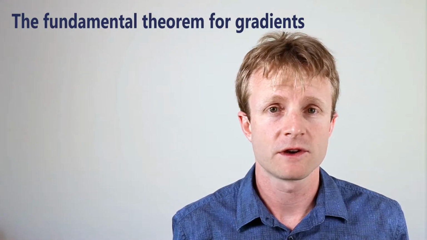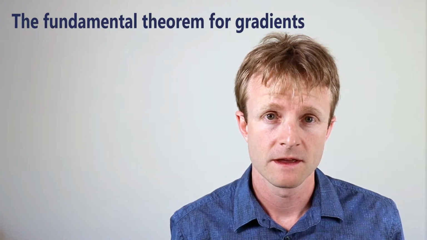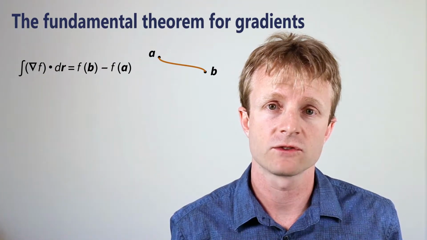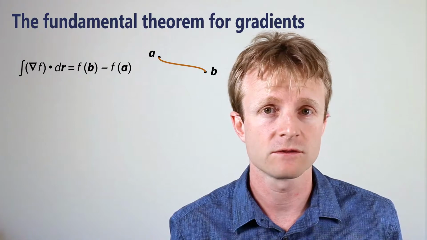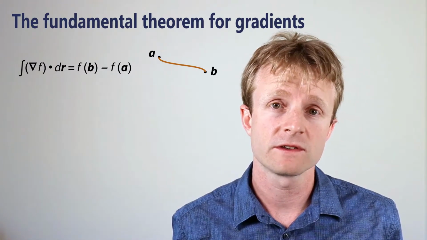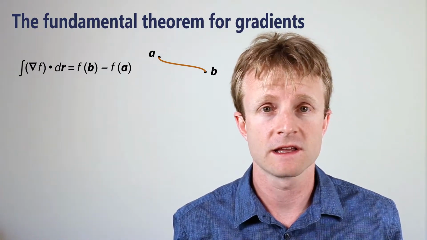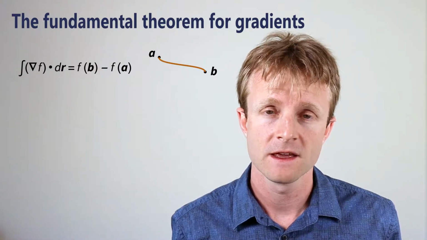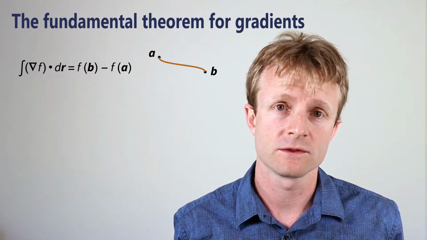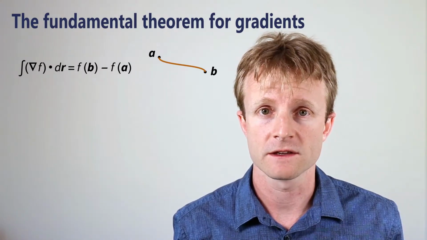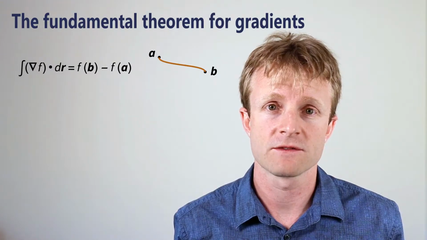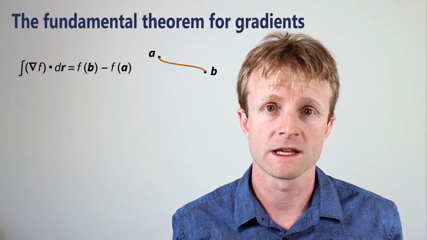Let's start with the fundamental theorem for gradients. This theorem says that if you line integrate a vector field that is actually the gradient of some scalar field f, then the answer is just given by f evaluated at the end point minus f evaluated at the start point. This one is very similar to the ordinary fundamental theorem of calculus. In fact, you can prove it starting with the parametrized definition of the line integral that I gave in the